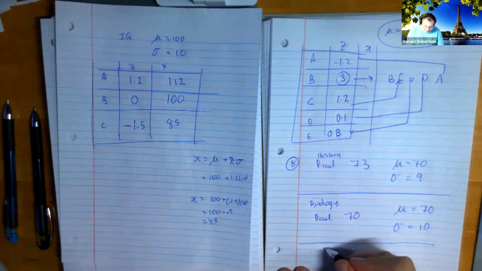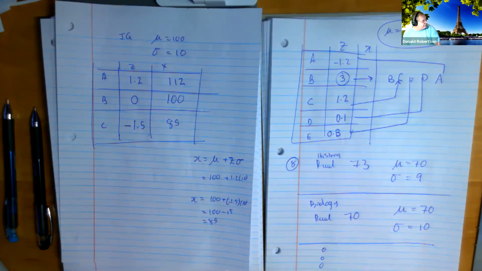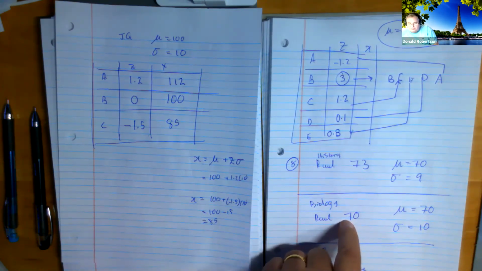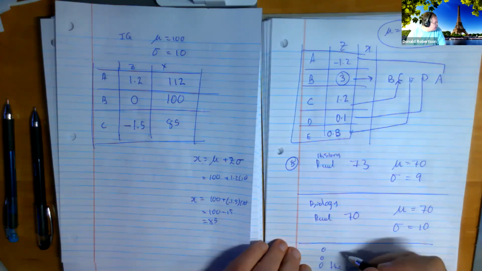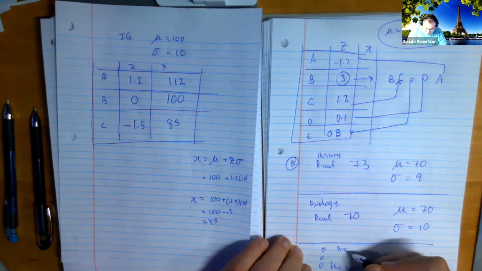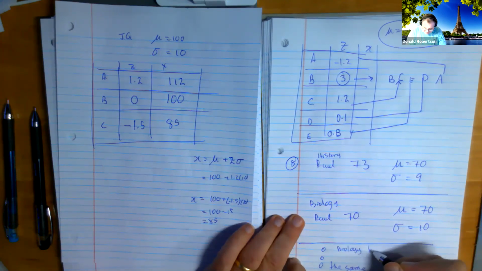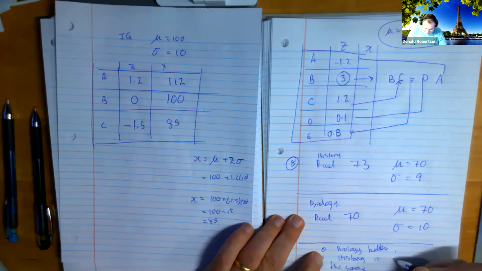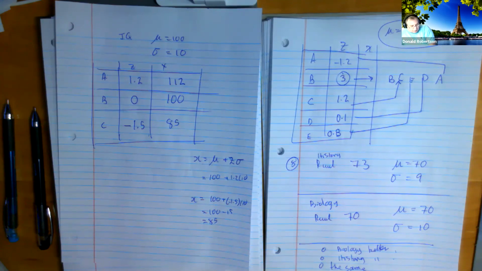And dead easy question. There's only 3 choices. He did the same. In other words, getting that score in this test was pretty much the same kind of thing as getting that score in this other test. Or the second one, biology, was better. Or the history was better. Now, we don't need to go into the number crunching yet. But what's your gut feeling? Do you think he did better in history, or do you think he did better in biology? Or do you think they're probably going to end up being about the same?